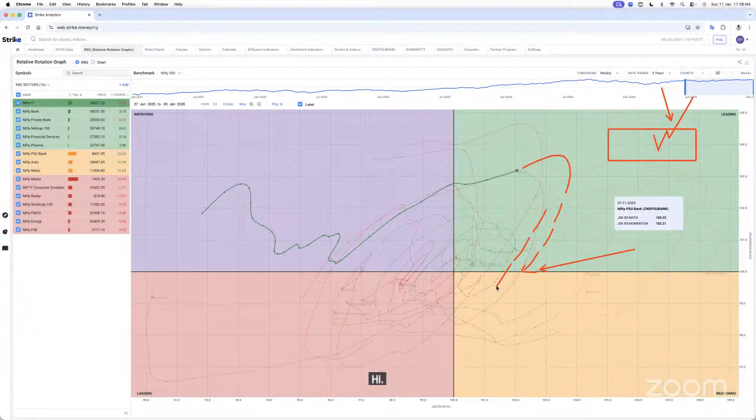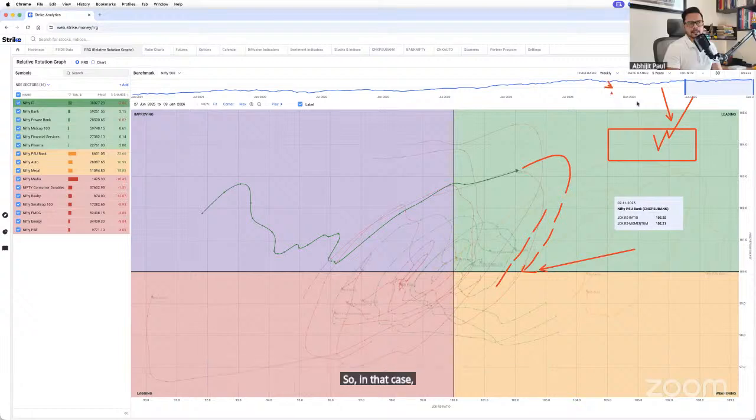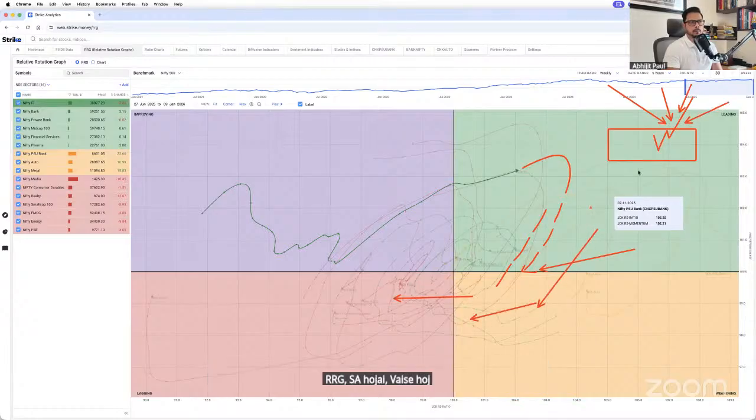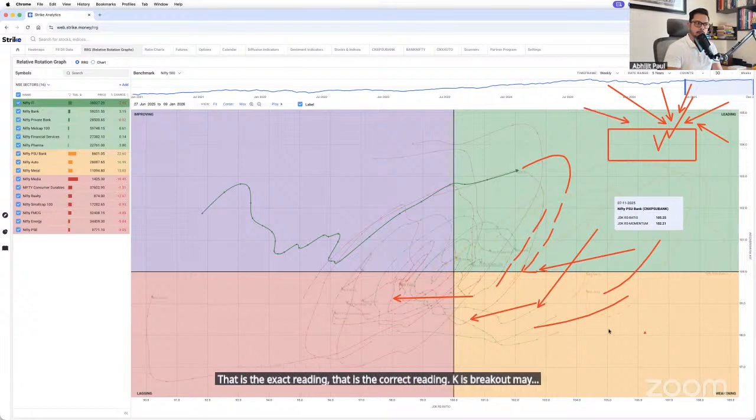हाँ सर। हाँ, तो इन दैट केस आपको प्राइस, जैसे मैंने पहले भी एक जन का क्वेश्चन जब मैं आंसर कर रहा था, मेरा भी आंसर यही था कि भाव भगवान है। आरआरजी ऐसे हो जाए, वैसे हो जाए, भाव इज़ अल्टीमेट। अगर भाव आपको वो ब्रेकआउट दे रहा है तो आप ट्रेड ले सकते हो। लेकिन यार सर, प्राइस ब्रेकआउट तो दे रहा है लेकिन आरआरजी ऐसे फिसल रहा है, मुझे वो कॉन्फिडेंस नहीं आ रहा है। सही, दैट इज़ द करेक्ट रीडिंग, कि इस ब्रेकआउट में वो रिलेटिव स्ट्रेंथ वाला